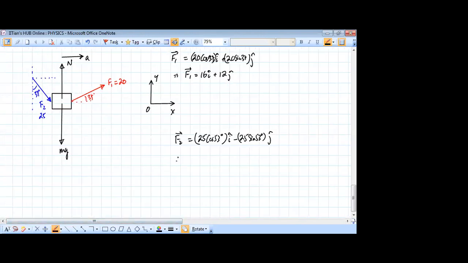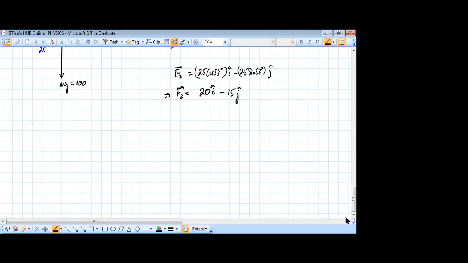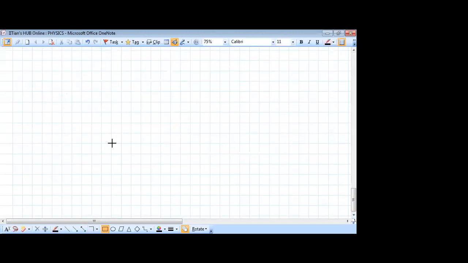So F2 after resolving will become 20 i cap minus 15 j. Okay. And mg is of course 100 newtons. So now after resolving the forces,